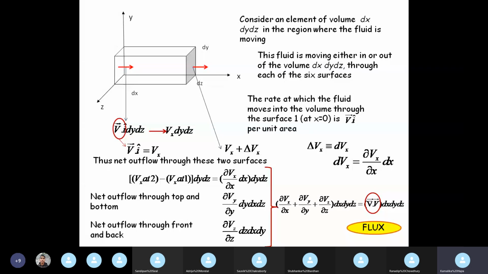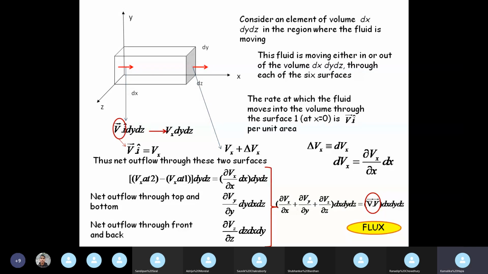I will send you this PPT, of course, and you go through these two slides. Of course, you'll do the sums from Spiegel, but you go through these two slides. I have more or less written down all the points that I have said, and the recording will be there also. So go through the slides and please try to understand what flux is and why it is related to the divergence of a vector. Okay. And just remember, I have not written this down, but you can get this in any book, that the flux or the divergence can be positive or negative or zero.